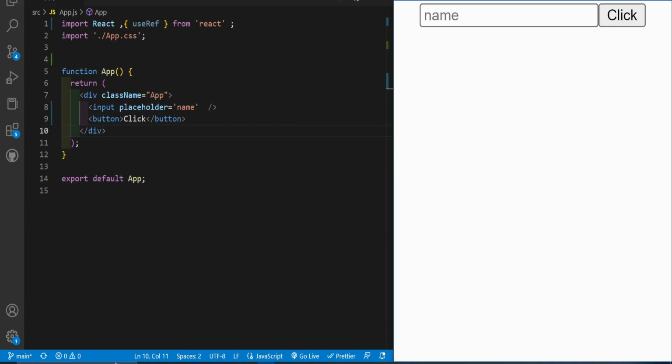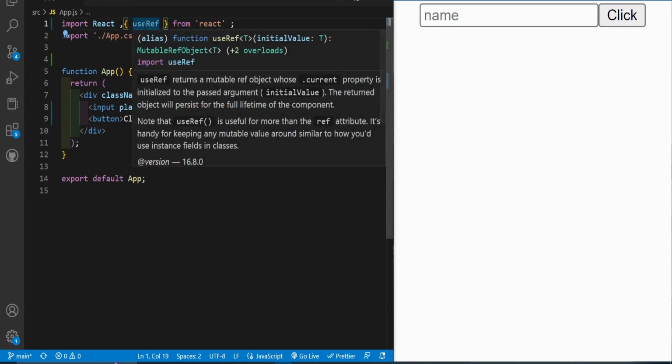So what I want to talk about is basically, imagine the following. You have a simple component which includes an input and a button, and all you want to do is click on this button over here, and when you click on this button it will automatically focus on the input so that you can start writing. So I'm going to import the useRef hook, and before I start using it, I'll explain to you guys